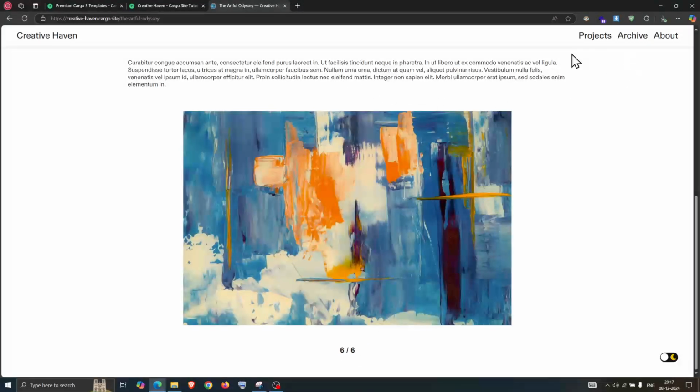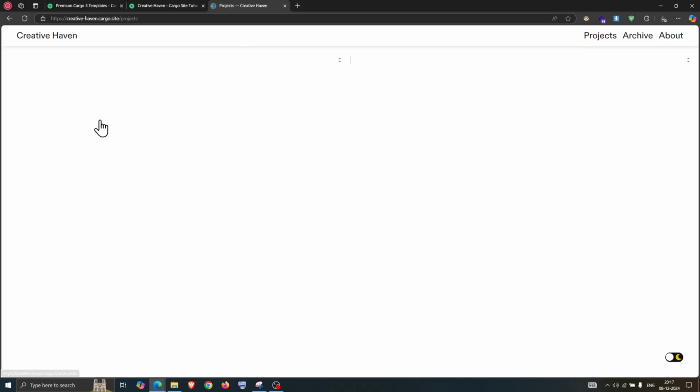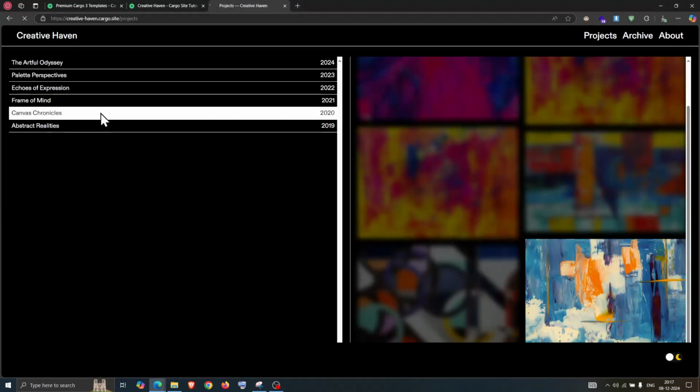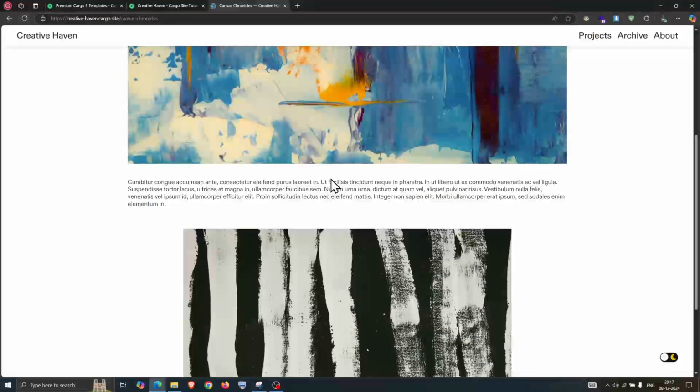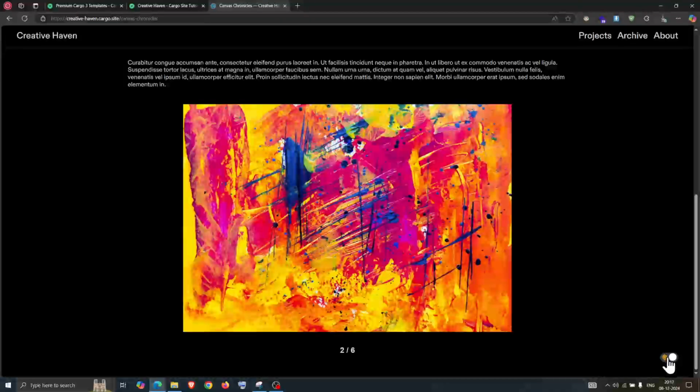The other project pages are also the same, nothing much different. It has the same thing, and you can see that the dark mode is working.